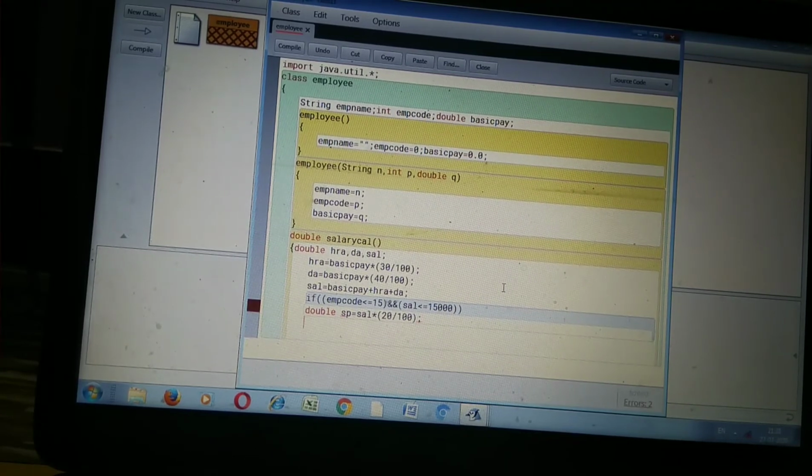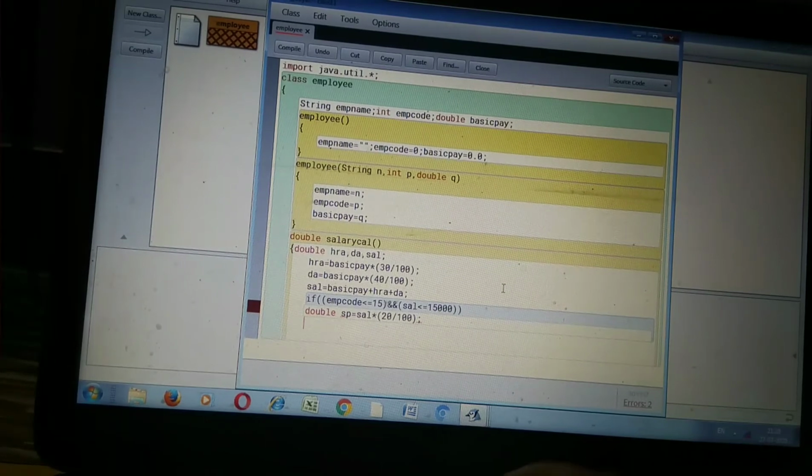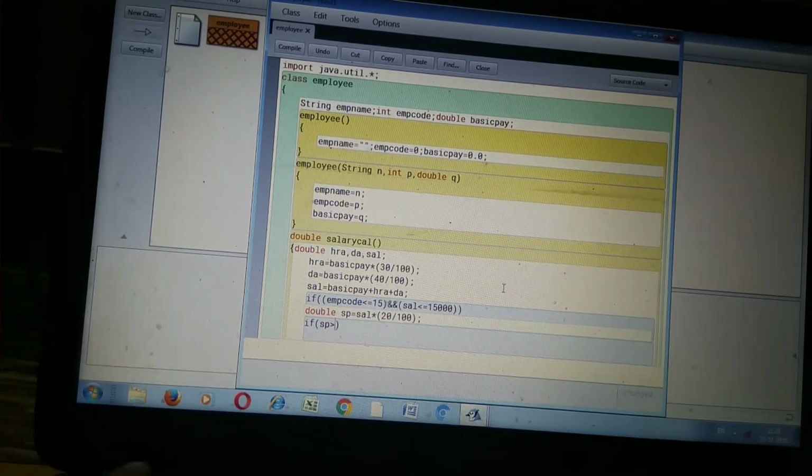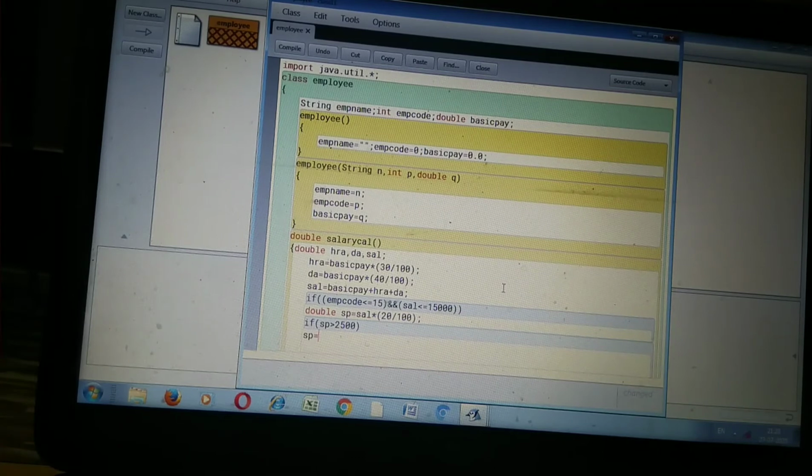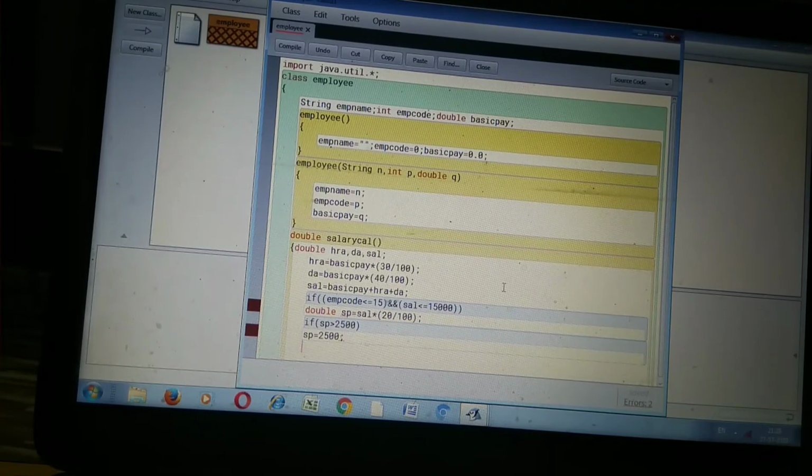After this, the next condition is if SP is greater than 2500, then SP is equal to 2500, meaning the special allowance is not more than 2500. Then semicolon.